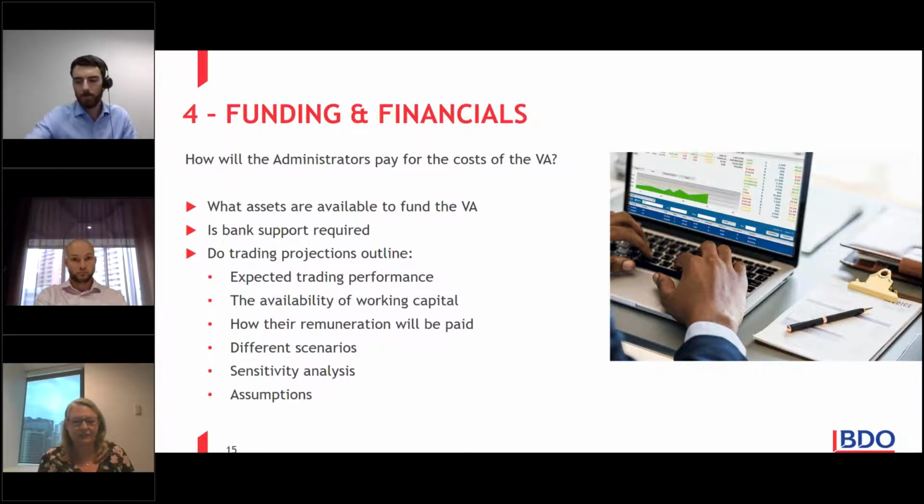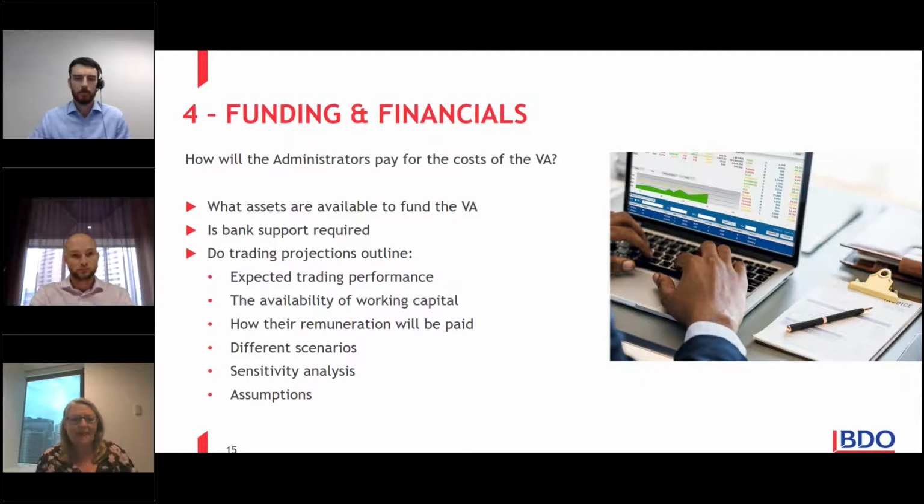If you've got a general security agreement over all the assets and undertakings of the company, then all those circulating assets. Voluntary administrators, because we are personally liable, it's very prudent that we don't take an engagement unless we know there's sufficient funds there to be able to carry out the engagement. And that does, of course, include the administrator's remuneration, which can be quite significant because you effectively are taking over all the management responsibility of the company. So straight away we want to see, is there cash at bank?